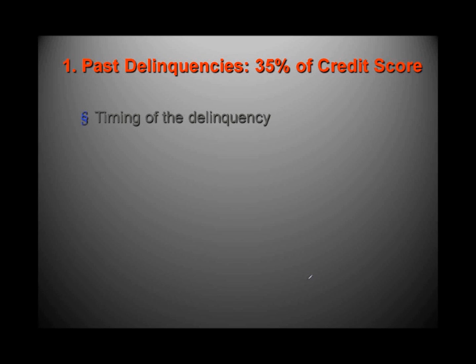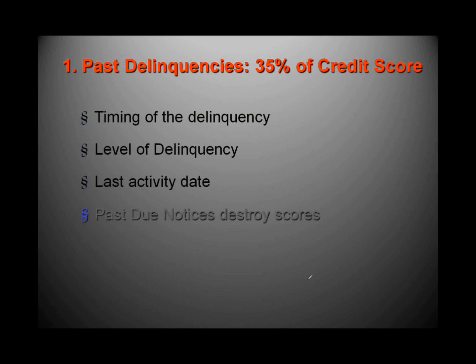So when you initially go 30 days past due, there's a past due notice, and this destroys your credit score. So when you're currently past due in a moment, your score is going to be down in the 500s if you're a 700. When you pay it, make it current, even though you're late, you will show that you're current, but you were recently late, and your score begins to rebound maybe up into the 600s. Now, the